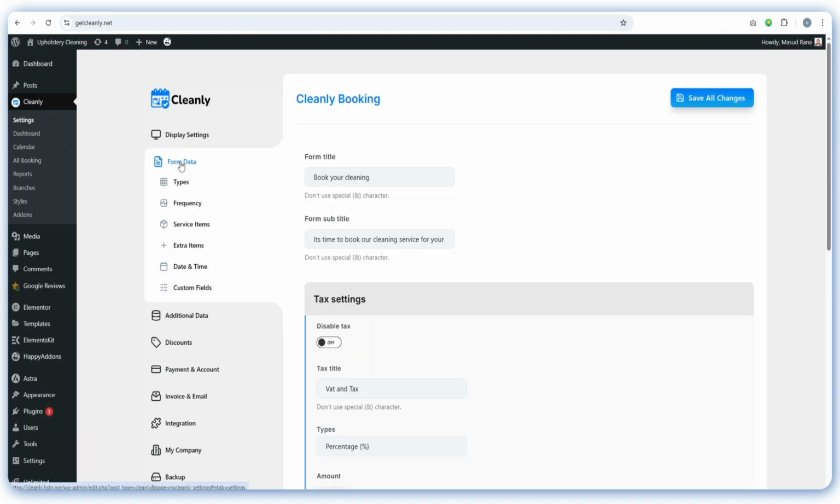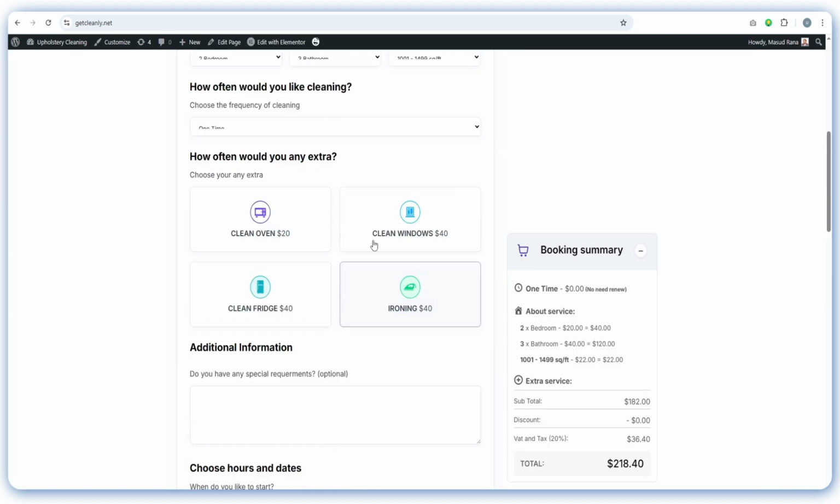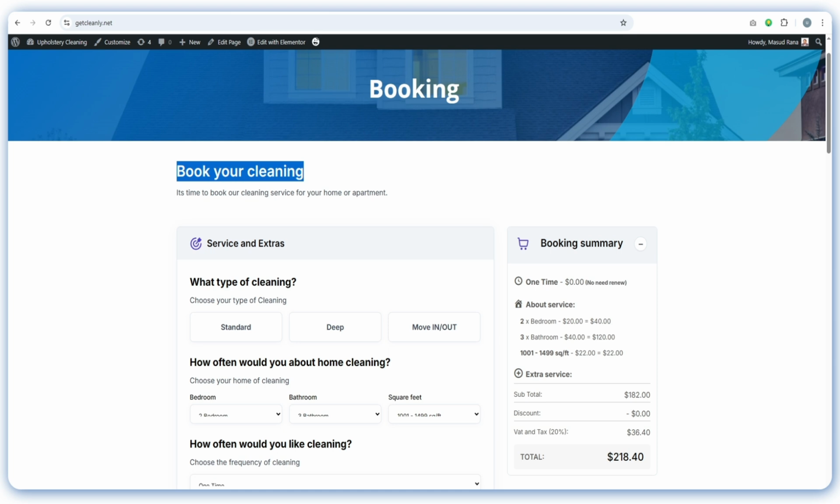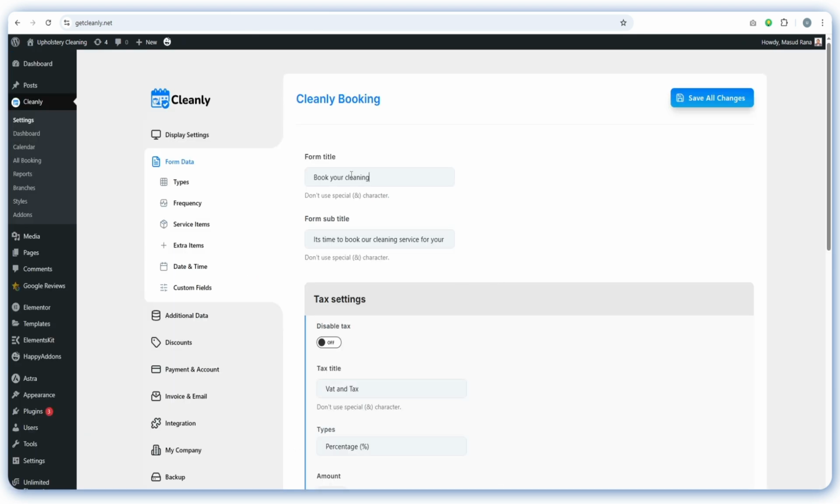So here is form data settings. First, we can change our form title. If I visit the booking form, there is the form, and this is the title. So we can customize this title from here. So if I change this title